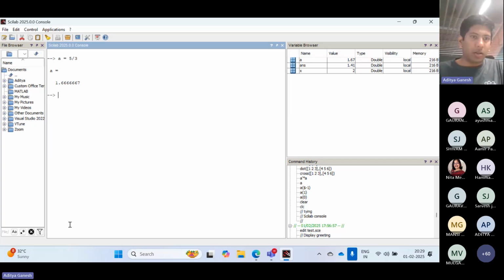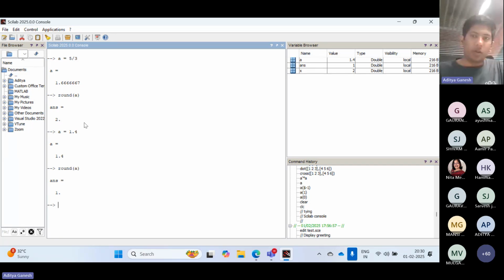Now let us say you want to find the nearest integer number. You can round off this number as round of A, and that will give you 2. For certain purposes, this A variable might vary. So it could also be 1.4, it could be 1.6. If A is equal to 1.4 and you hit round, the answer is 1. So round A will give you the nearest integer,